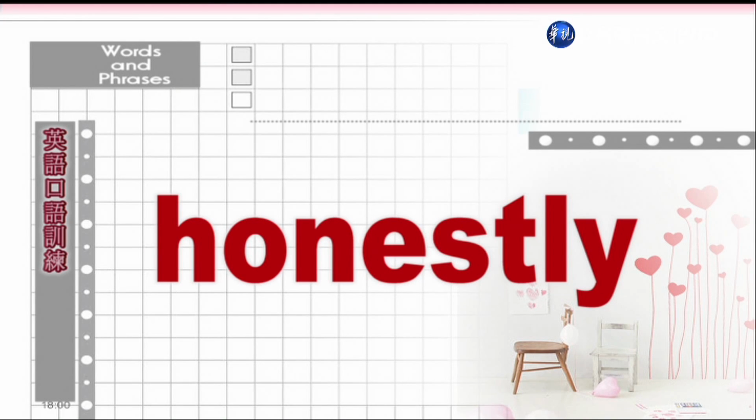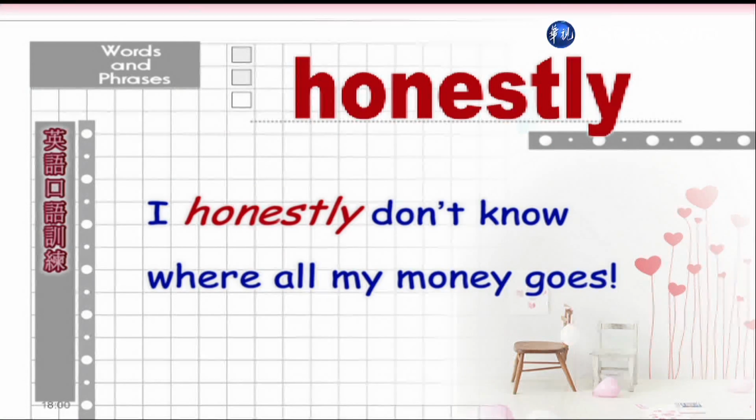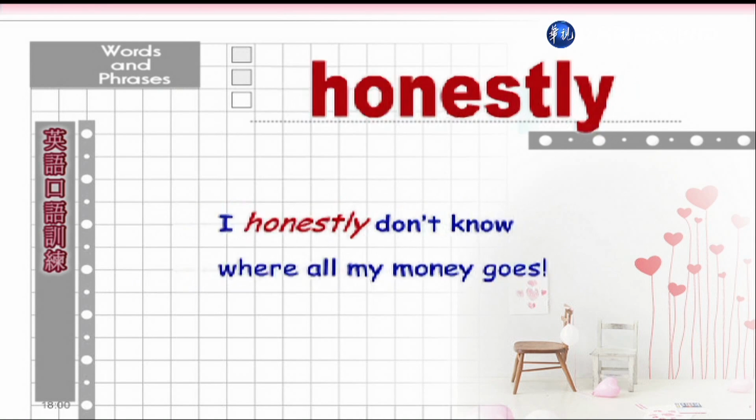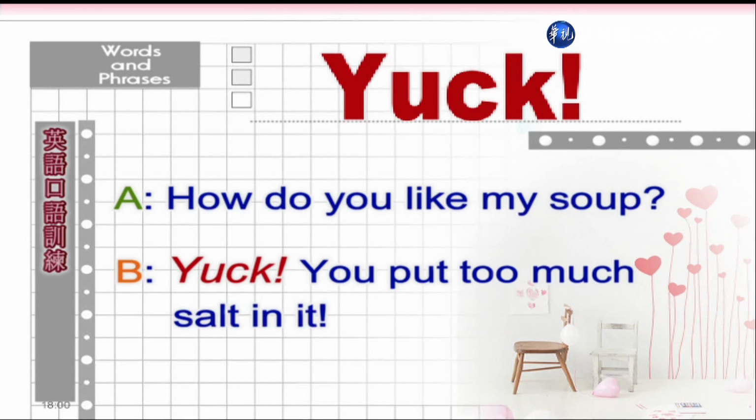Honestly. 诚实的。 I honestly don't know where all my money goes. 我实在是不知道我的钱都花到哪儿去了。 Yuck. How do you like my soup? Yuck! You put too much salt in it. 你喜欢我煮的汤吗？你放太多盐了。